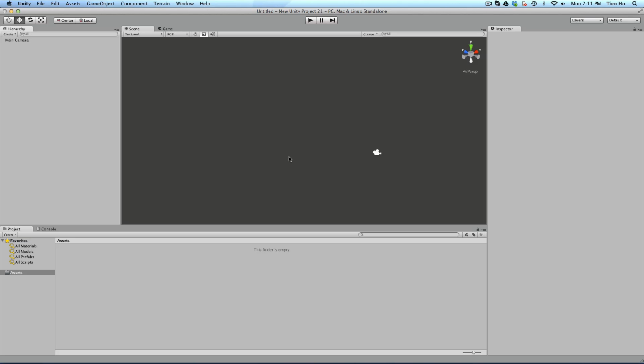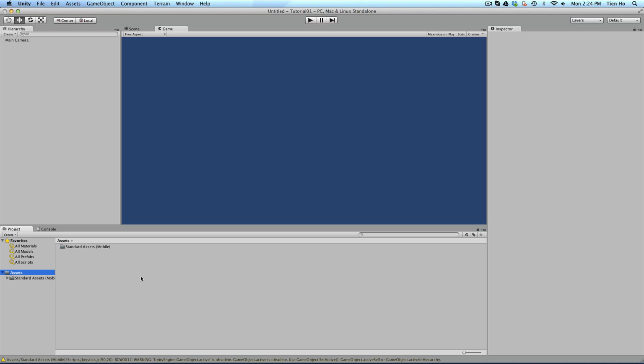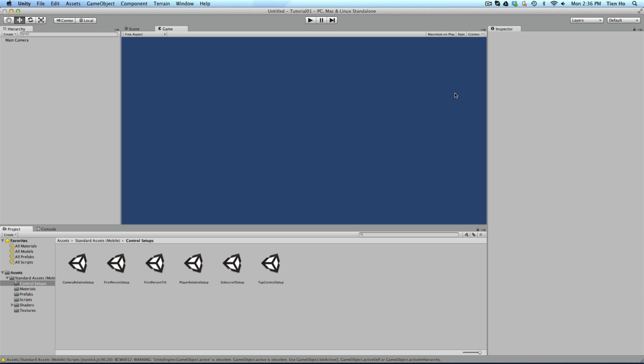Let's get started. First, create a new project under File, New Project, call it Tutorial 1. Check on Standard Assets, Mobile Unity Package, Create Project. In the Assets folder, expand on Standard Assets. Click on Control Setups. By including the mobile standard assets into our project, what we have here is a set